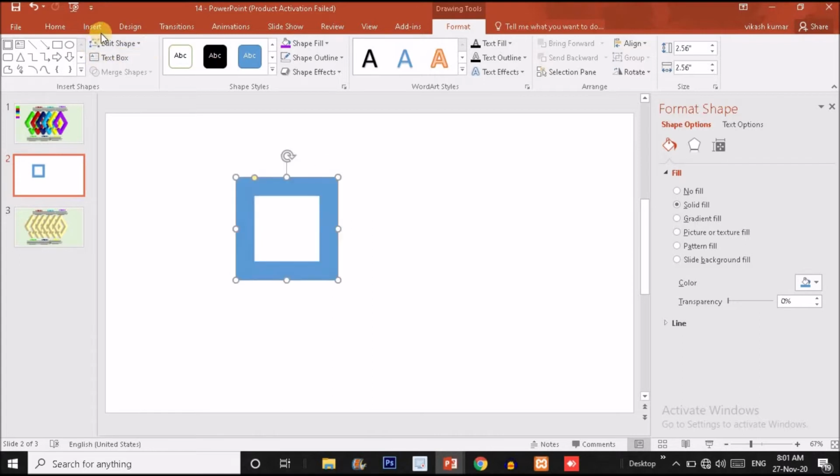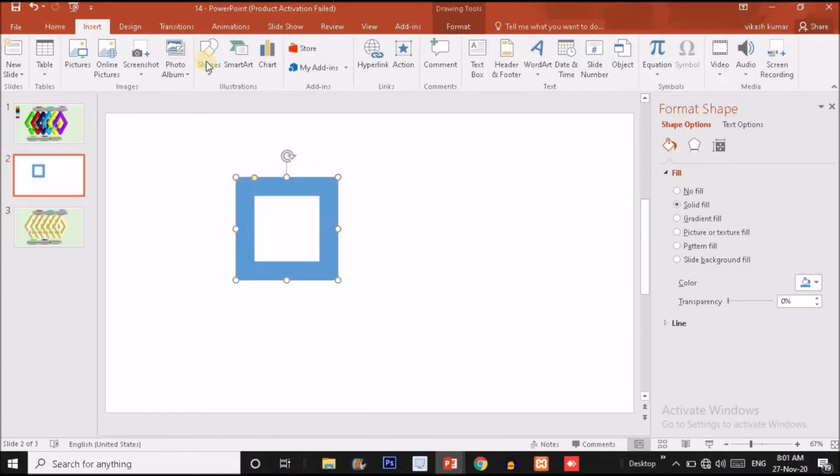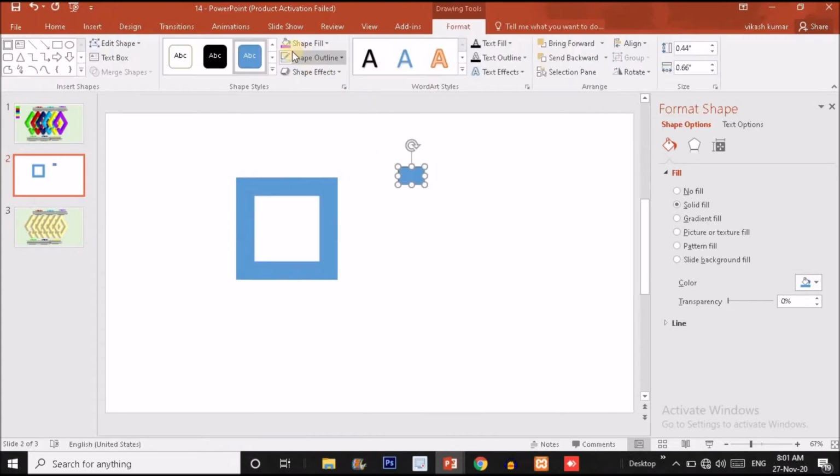Okay, now again click on the insert option. Here you will find a rectangle option. Just click on that and randomly select a rectangle, and let me change the color fill and make it no outline. You just have to make a rectangle the same width as the boundary of this frame. The width of the rectangle should be the frame width of this frame. Okay, and now put it on the left boundary at the center like this.